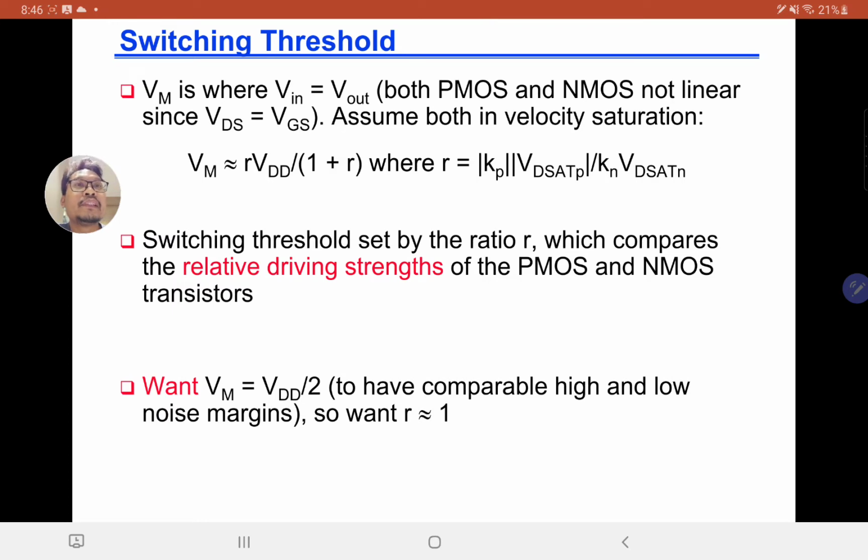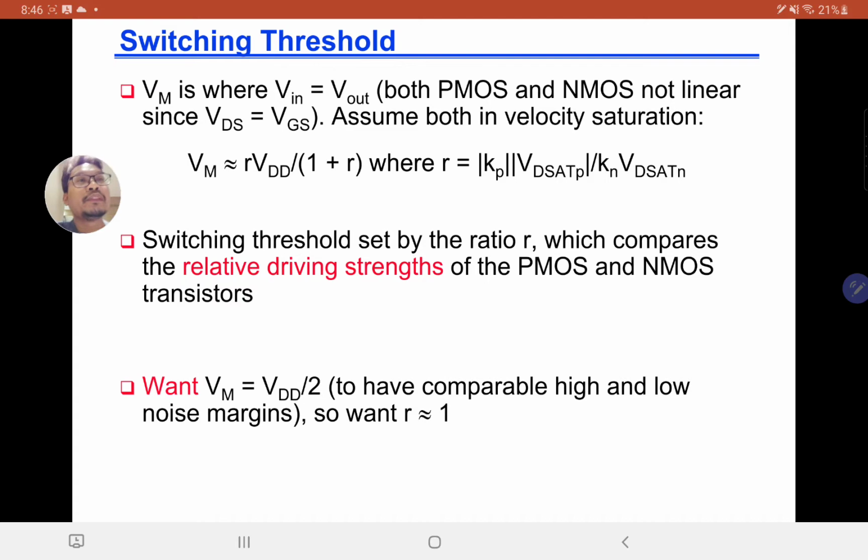are not linear, since the VDS is equal to VGS. So what it means, V in equals V out, means that your gate voltage is exactly the same as your drain voltage on the inverter. So if you remember the previous slides, at VM, whereby V in equals V out, we can say that both of the devices can be in velocity saturation. Okay, it could be in normal saturation as well, but let's assume that